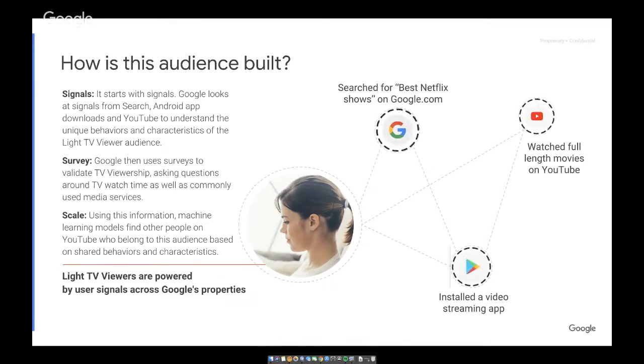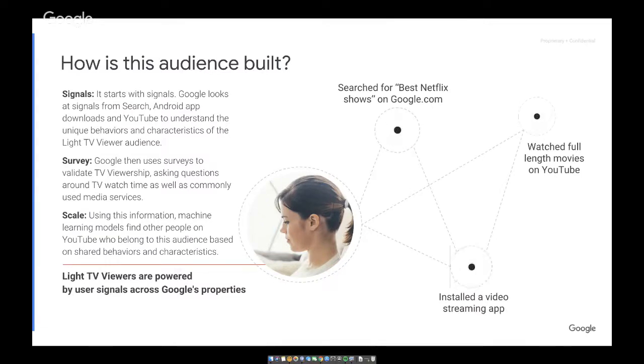Then Google validates these signals through surveys, asking questions about TV watch time as well as commonly used media services, basically to link the two and validate whether the signals are right. Then, if the data from the signals is validated, we extrapolate this with machine learning models to find other people on YouTube who also belong to this audience. So first we validate the data through the surveys, and then we extrapolate that to a bigger audience.